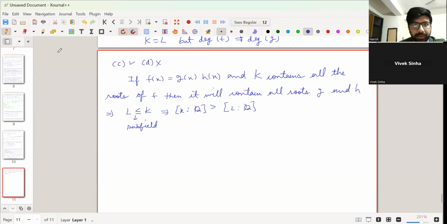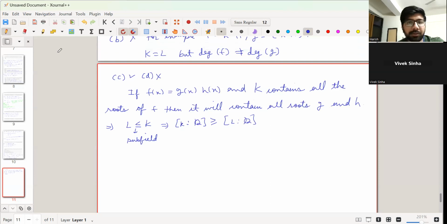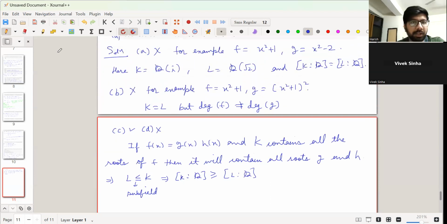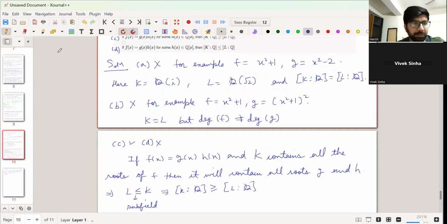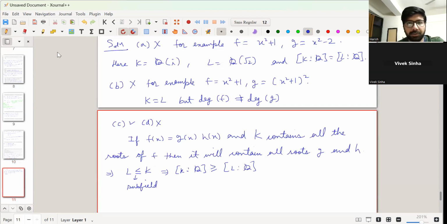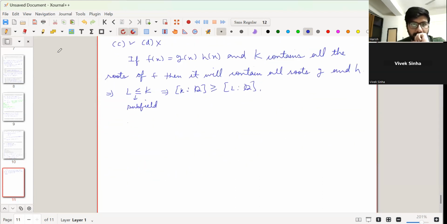But to neglect, because it might also happen that it is always equal, and then D part will also be true. So to see that D is not true, we must give an example such that it is strictly greater. So the less than condition won't be there. To see that D is not true, consider